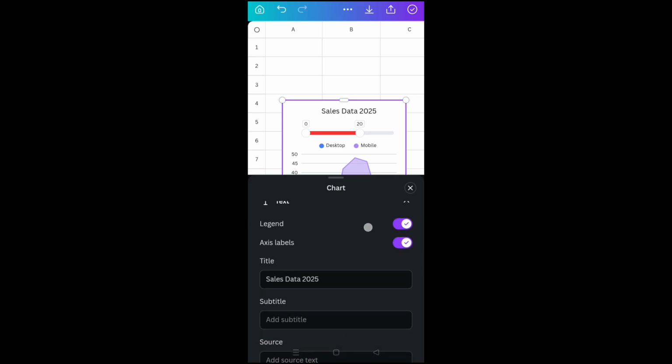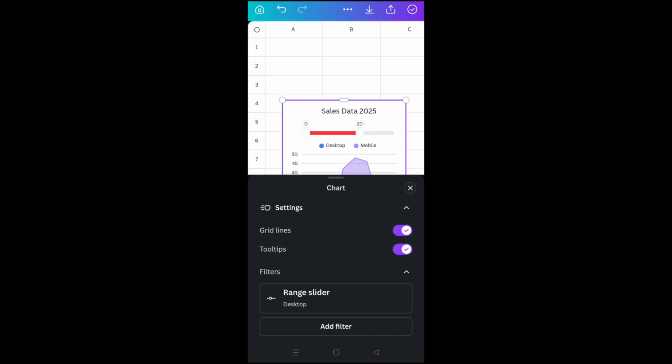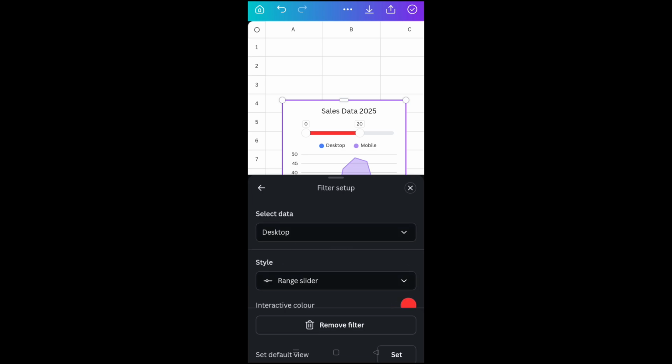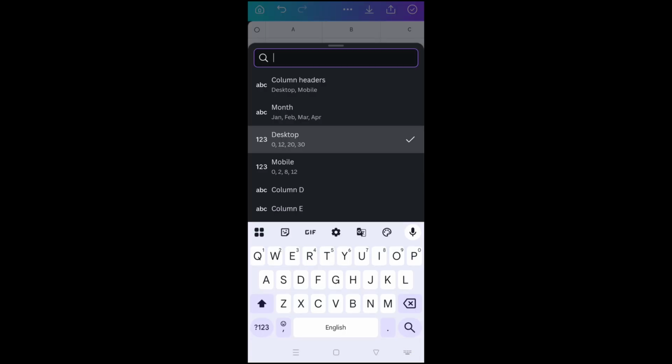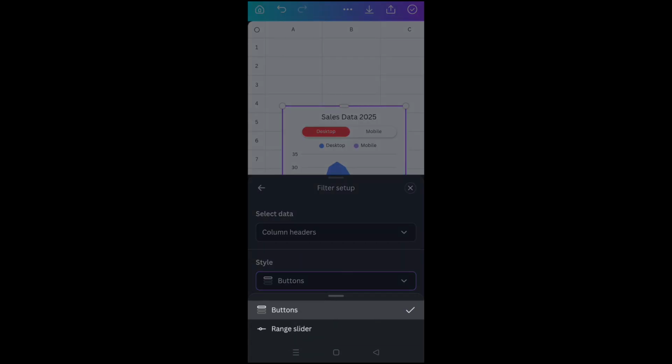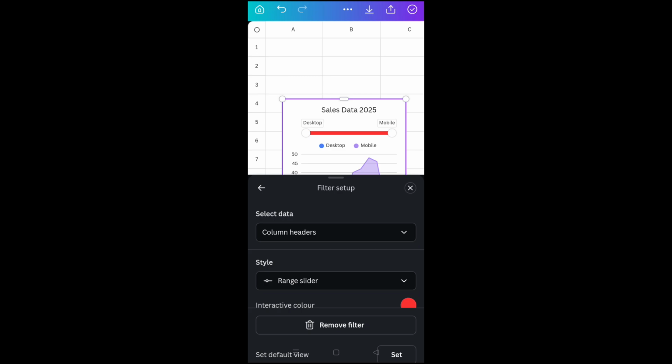Click on edit, customize. You can add another filter, add multiple filters. I will just change the filter. I will select column headers, meaning the desktop or the mobile. You can choose buttons or range slider. I will choose buttons now. Okay,